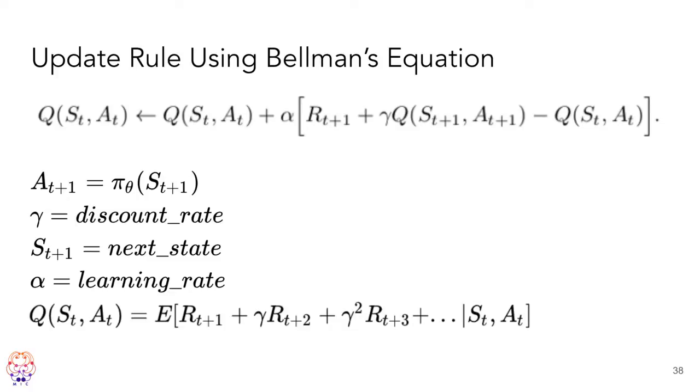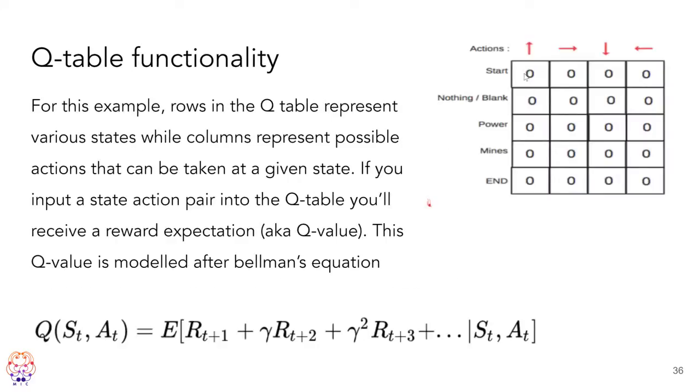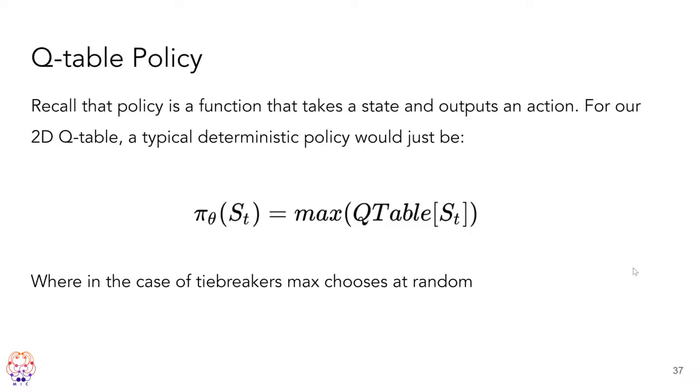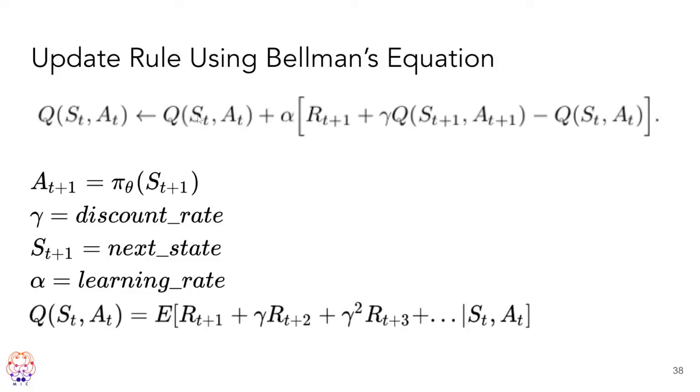So just an update rule. To update, you might recall this is our Bellman equation. So essentially, let's say we start here and we go right. We lose 100 points because there's a bomb. So given the state of start and the action moving to the right, our reward at this immediate step is 0 because we have not done anything yet. The reward we get for performing that action is going to be -100. We have a learning rate, which you guys recall from previous workshops. Discount factor, I'll talk about that a little more in a second.